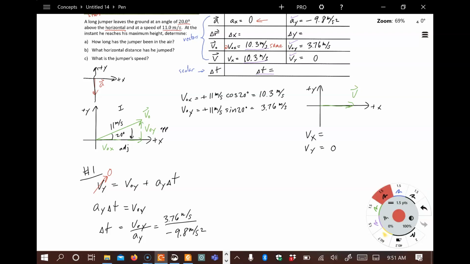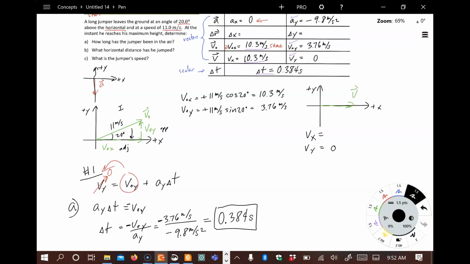I needed to move this guy to the other side to write this next step. And so in reality, I should have had a negative sign here, right? Which means this is negative. And the negative sign, that cancels out, and okay, we're good. We're going to get an answer that makes sense, that's positive. And so I get 0.384 seconds, right? And so there's your answer for part A. And we can put that into the table here,